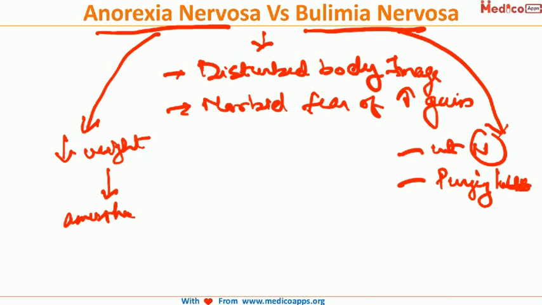So when you have a patient whose weight is relatively normal, who is not very sick, and most of the symptoms are basically because of their purging habits, with a typical history of binge eating and then purging, they will be bulimia nervosa. And if you see a patient who, because of this morbid fear of increasing weight, has completely restricted their calorie intake, their nutritional status is disturbed, and they have a lot of secondary features due to starvation, then those are the patients you will classify as anorexia nervosa.